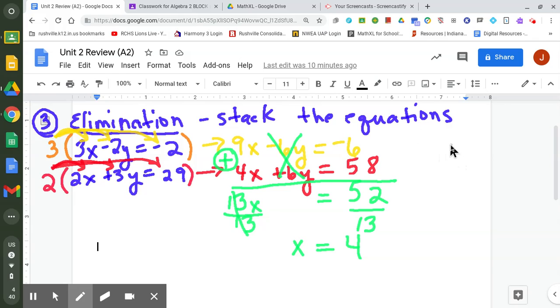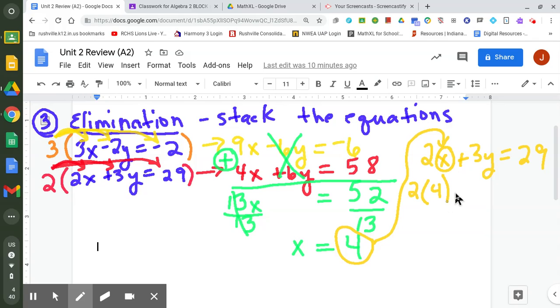Let's see, we will use the 2x plus 3y equals 29. So this 4 is going to go in for the x. So 2 times the 4 plus 3y equals 29. So 2 times the 4 is 8, plus the 3y equals 29,